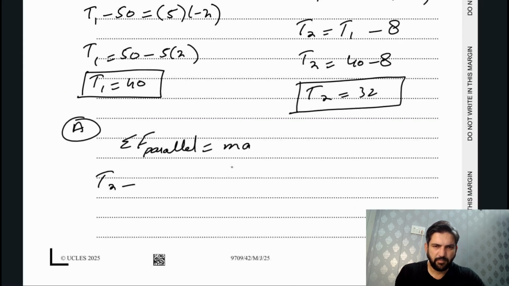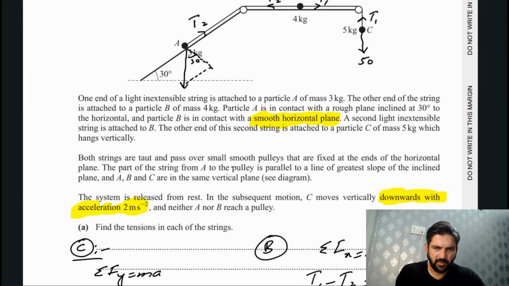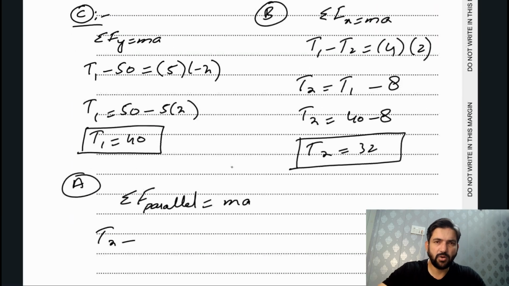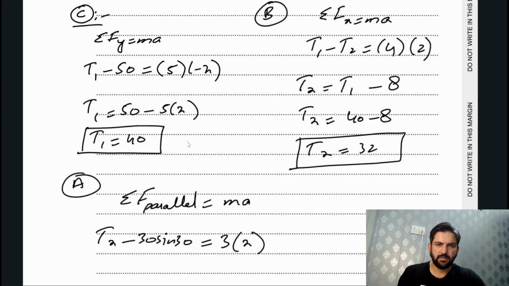The weight for this one is 30, so 30 sine of 30 is equal to 3 into 2. So here we can see that T2 will be